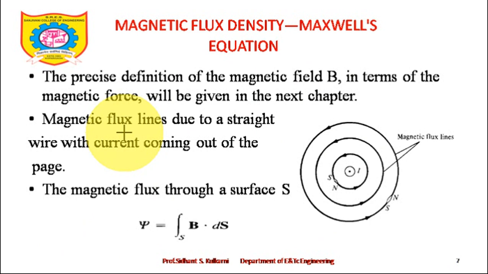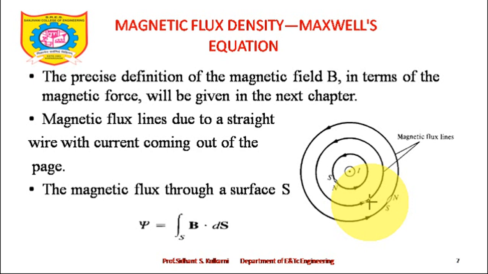so we'll see that. Magnetic flux lines due to a straight wire with current coming out of the page. Now see, try to understand. Okay, hold your right hand about this particular diagram, with this arrowhead, your hand should be in such a way that your curled fingers should be in the direction of this particular thing. Then your thumb will come towards you. The thumb is coming outside of the plane of the paper, it is approaching towards you.